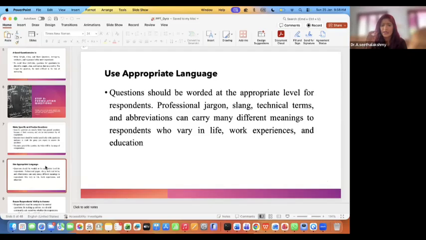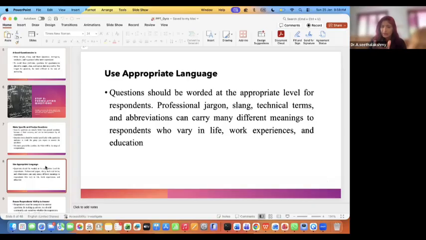Now, the next point is that the way you have written is very important. It should be technical, but at the same time, you need to use the slang that is used by the respondents in that particular area. So imagine that you are going to give it to students. Again, which students? That's a big question, because students can be primary, secondary, higher level, UG level, PG level, or scholars. So it varies.